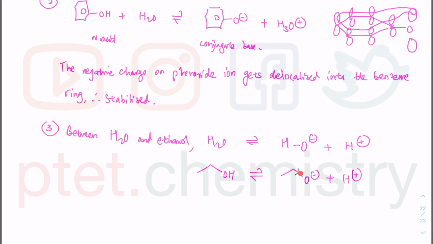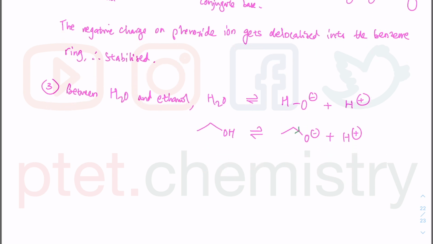Alkyl electron donating group is part of the essay in AS chemistry under electrophilic addition to explain the stability of carbocation. So it's not something new to you at all. So we can see alkyl, or you can say ethyl, electron donating groups